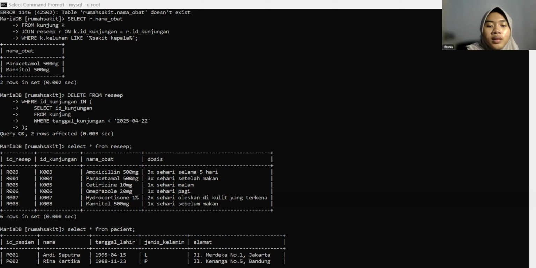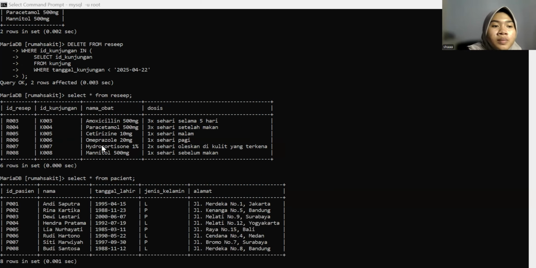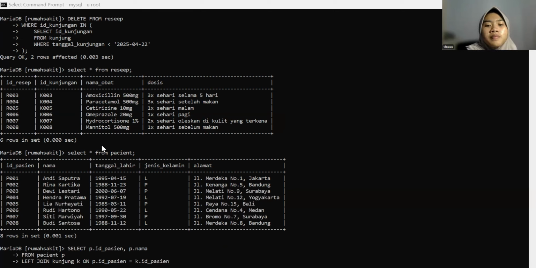After that, the next question is: delete prescription data that was given during visits before April 22. We use the following query for this. This query is used to delete prescription records that are related to visits that happened before April 22.